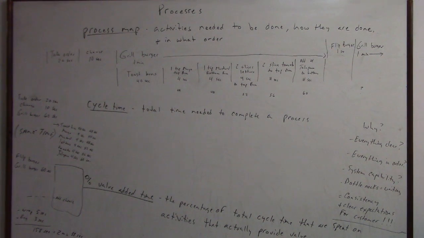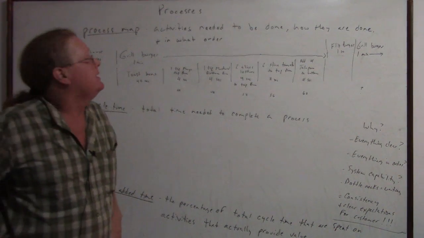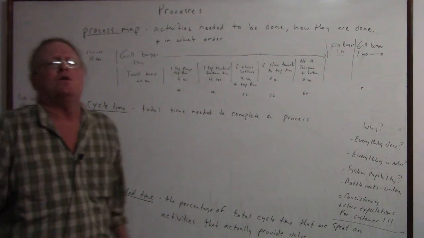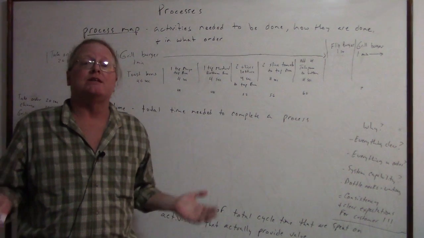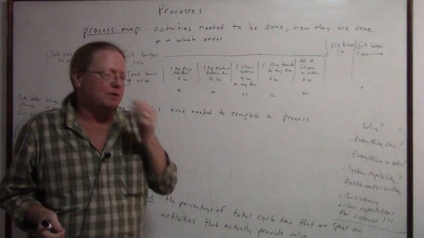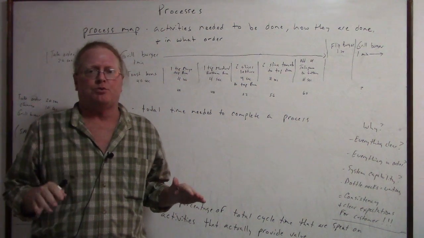All right, so now we look at our processes and our process map. This is very important for the operation. We need to know how long it takes to make something, and we need to see if there's any inefficiencies, any downtime that could be better used. Now, this isn't about beating up the employee,